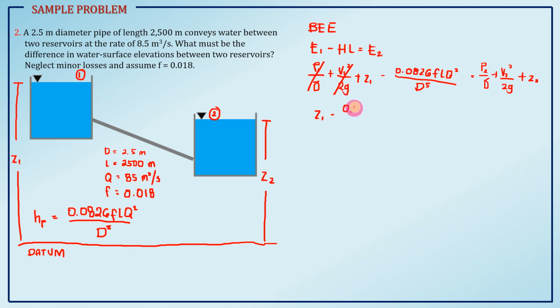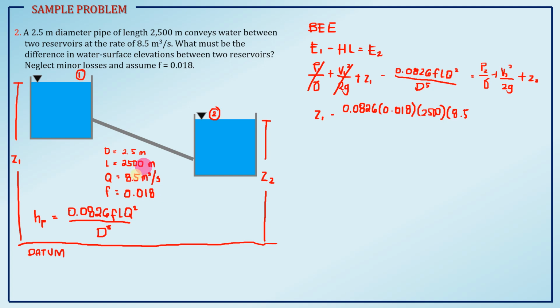Let's put in values: F is 0.018, L is given as 2,500, Q is also given as 8.5, not 85, so separate them,